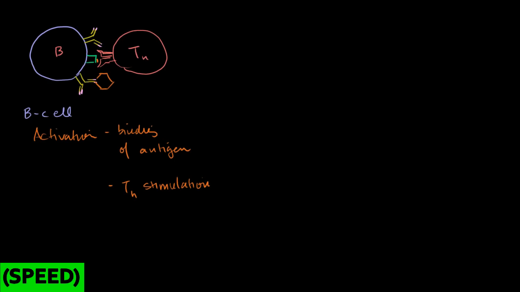Now, once it's activated, it starts differentiating, and it starts cloning itself, and it can either turn into effector cells. And this is true of B cells or T cells. Once they get activated, they keep cloning, and they turn into either effector cells or memory cells. Memory cells stick around a lot longer, so that in the future you're going to have many more of this version of B cell. So if you get the same antigen or pathogen in the future, the likelihood of it bumping into this type of B cell is going to be higher, so the response will occur faster. The effector B cells